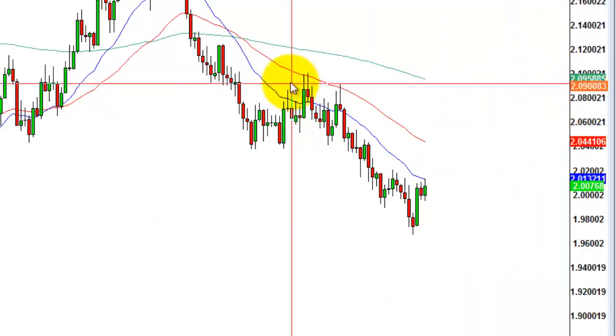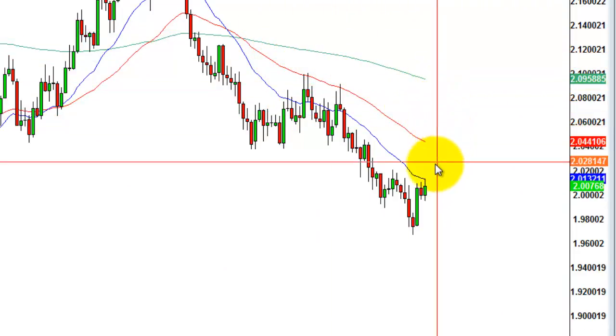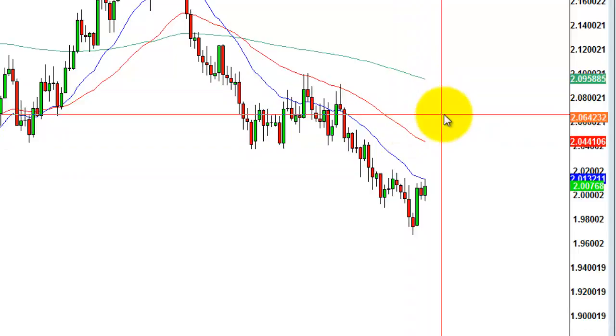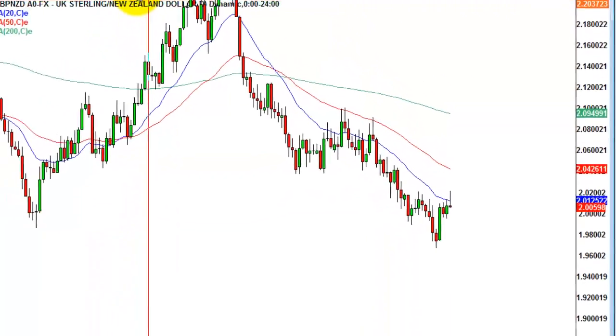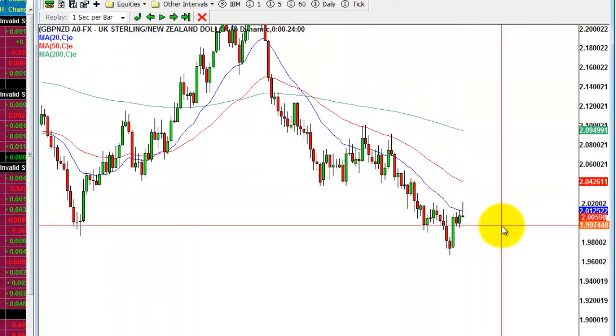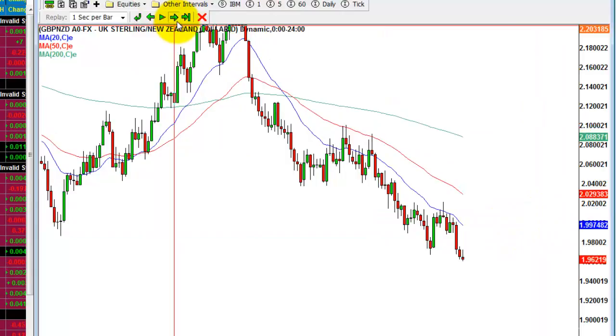Here we've got pound New Zealand. We've got the moving averages here starting to separate out. We've got good order, 20 below the 50, 50 below the 200, and we're starting to get a decent run to the downside. Got a high test bar here, great. Looks like we've got a fantastic opportunity to sell. Hit target,